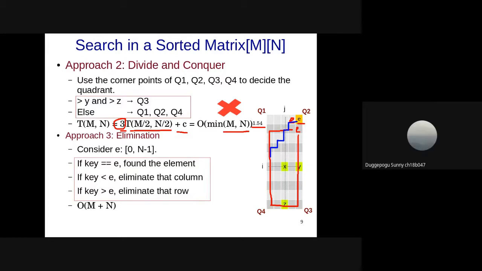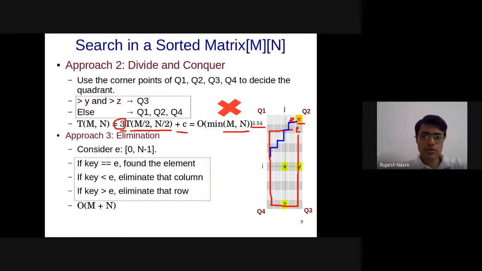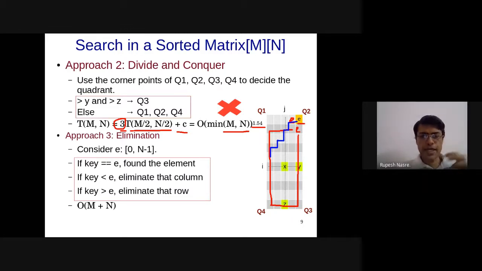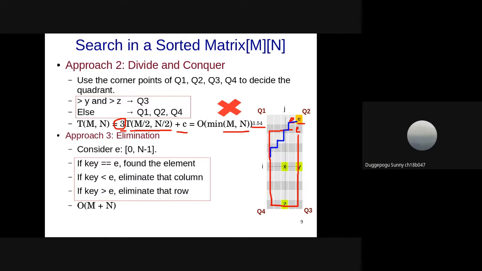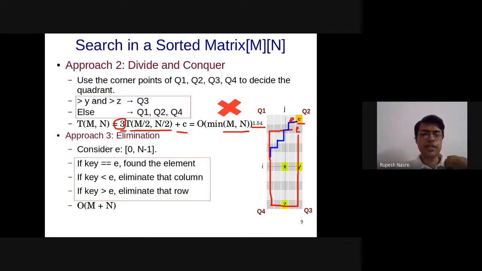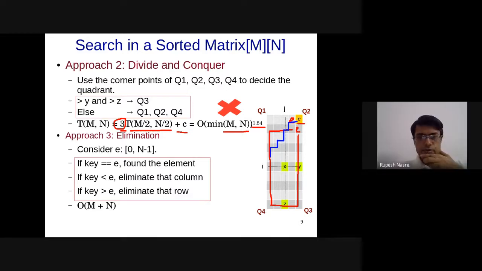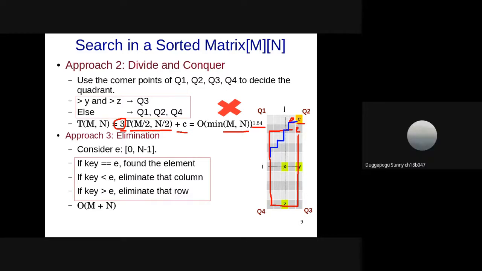Sir, in this matrix, the origin is fixed at 0, 0 in Q1? Origin meaning where the computer starts to count, the first block. You mean the first element in this matrix? Yes. That we can assume to be at Q1, as the starting element. 0, 0 will be at Q1. Does it cause any trouble? I mean, we are going from that origin to E, so we are taking 1, 2, 3, 5 steps.